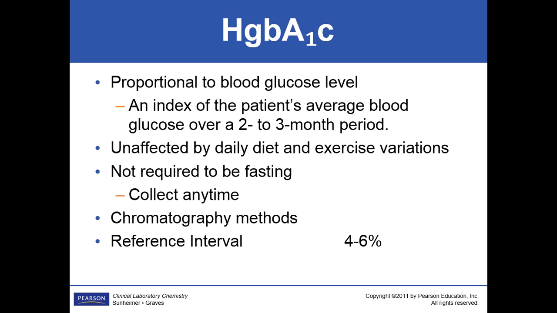Okay. It's usually run on an EDTA tube, so they can get a CBC and hemoglobin A1C very easily. We need a whole blood because we need the red cells to measure this component. Chromatography methods were the most common. However, we do have some immunoassay reference methods coming out, and I think more and more facilities are going to those. They're cheaper. You can run it on your basic chemistry analyzer, whereas with chromatography, you had to have a piece of equipment, and that's all it ran.